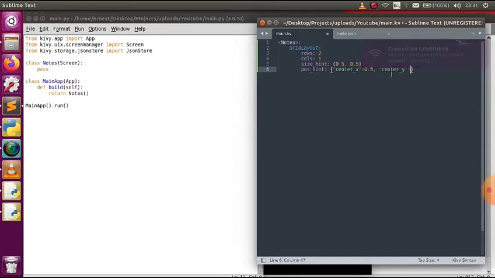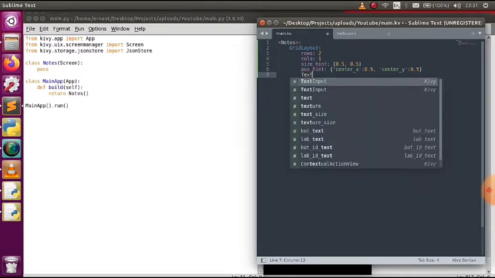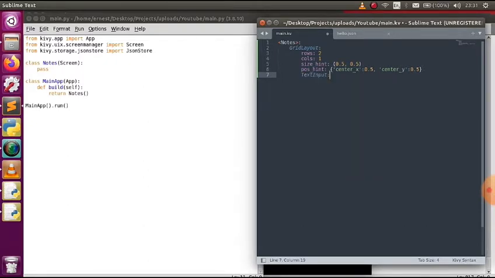Okay, so also I would encourage you to follow along as you do this tutorial. So that is why I'm typing not too quickly here. It is so that you can be able to follow along. So the text input, the text,